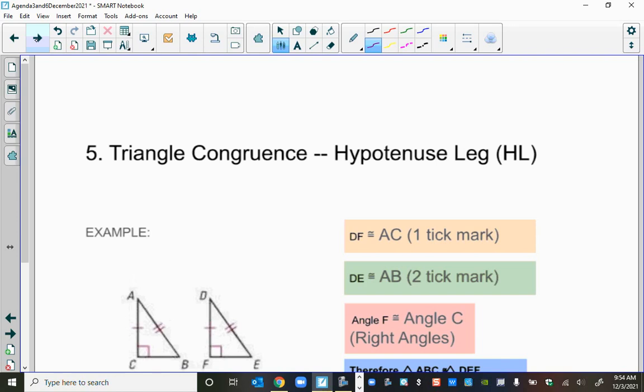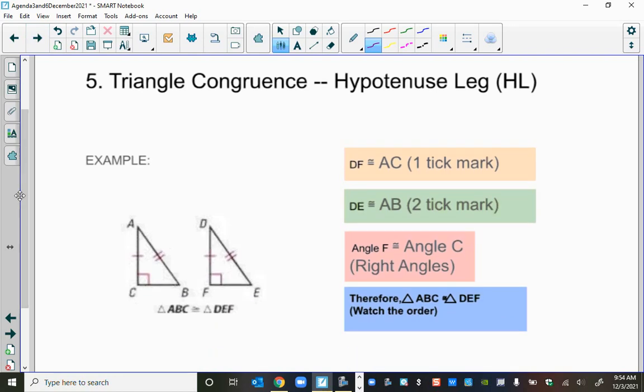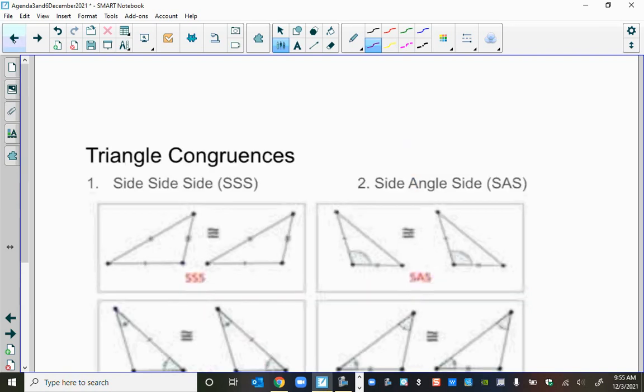And then hypotenuse leg, which I know on the homework assignment you saw a little bit. This one's probably going to be the least popular of the five, but it's still there. We've seen all these in one way, shape, or form from before. Now, what we're going to do in a little bit, maybe this one, but definitely with the other four,